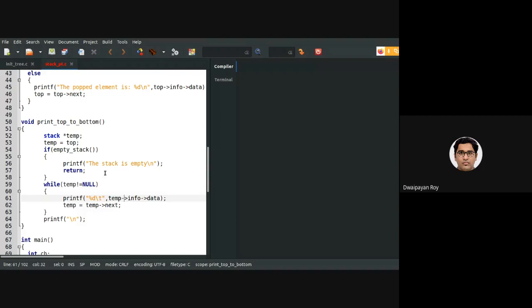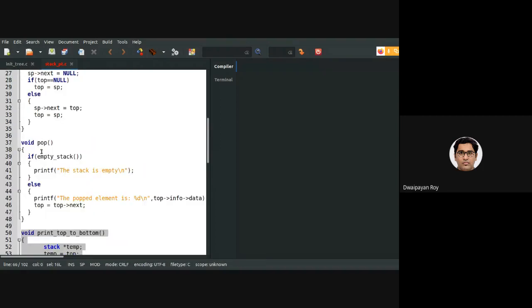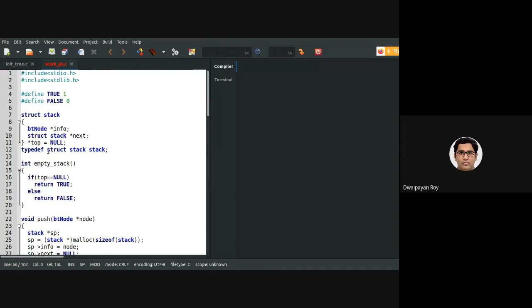So the stack that will be used for making the non-recursive version needs these three operations. This part is not actually needed. The main parts that are needed are this pop, this push, and this empty check, as mentioned earlier.